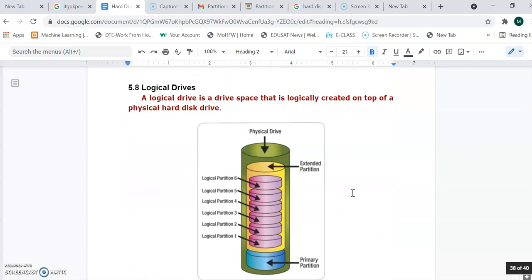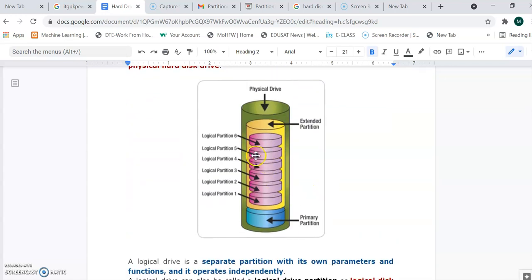You can make these partitions healthy partitions, and you can give different names to the different partitions. Now for logical partitions, this diagram we have seen already in the last video; I am just repeating this one. This is your physical drive, and here you can see the blue color, this is your primary partition. Suppose we require extra partitions, then we have to extend this partition into extended partitions. Now these extended partitions' names start from D drive to Z drive.